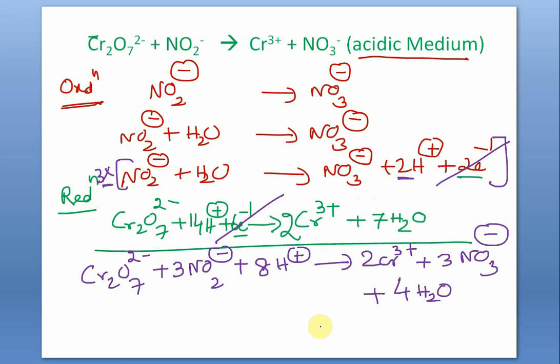Now before submitting, you must check. Charge wise, element wise, you have to check whether it is balanced or not. Say hydrogen, there are 8 hydrogen, 4 2s are 8. Oxygen, 7 plus 3 2s are 6, 13. So 3 3s are 9 plus 4, 13. And charge wise, the total charge in LHS is plus 8 minus 3, plus 5 minus 2, plus 3. So this is plus 6 minus 3, plus 3. So both the sides have identical charge, identical number of atoms of every element.